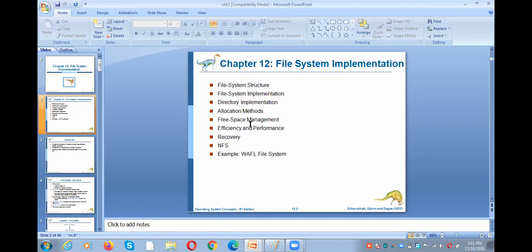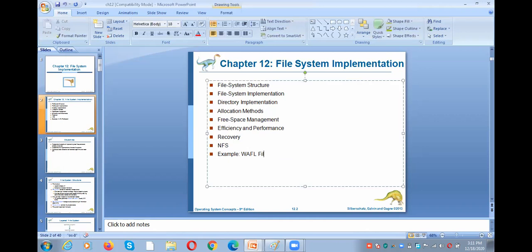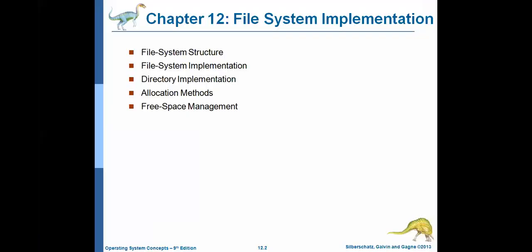So the next part is not there in your syllabus. What are those? File system structure. We need not talk about all these things. These things are not required for you according to your syllabus. So these are the things we need to discuss under file system implementation. The first one is file system structure, and the next one is file system implementation, and the next one is directory implementation, and the next one allocation methods, and the last one is free space management, right? So let me start with the file system structure.